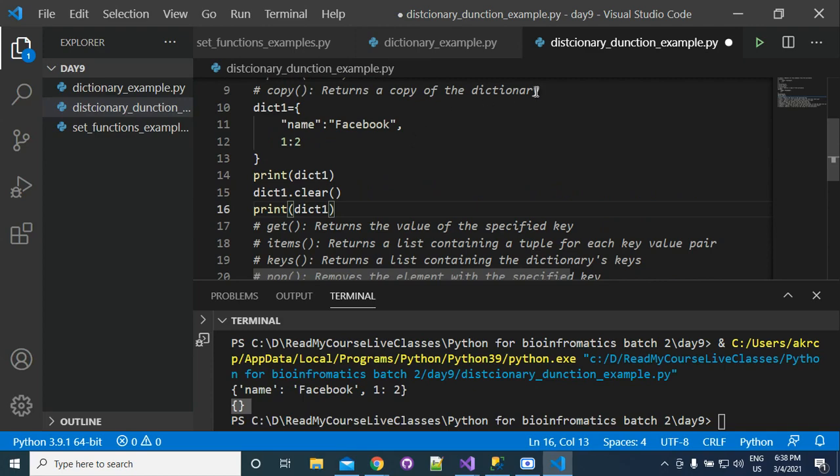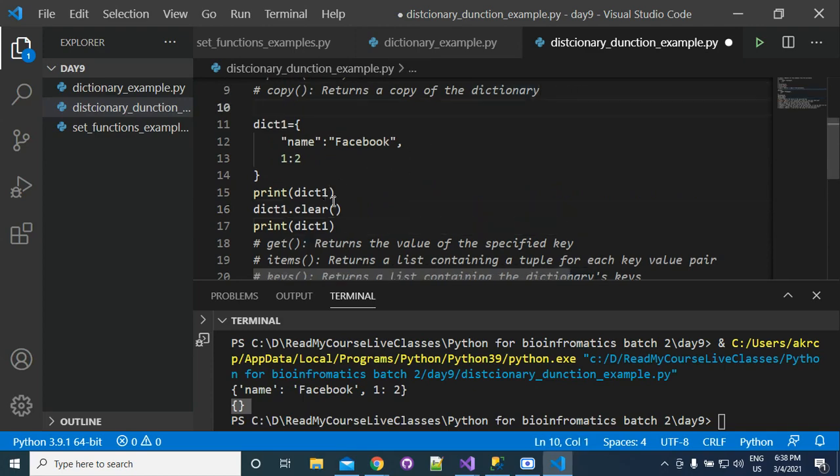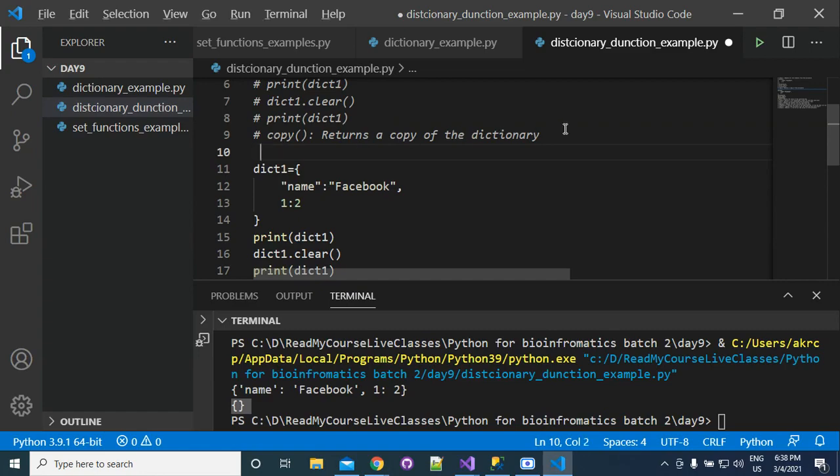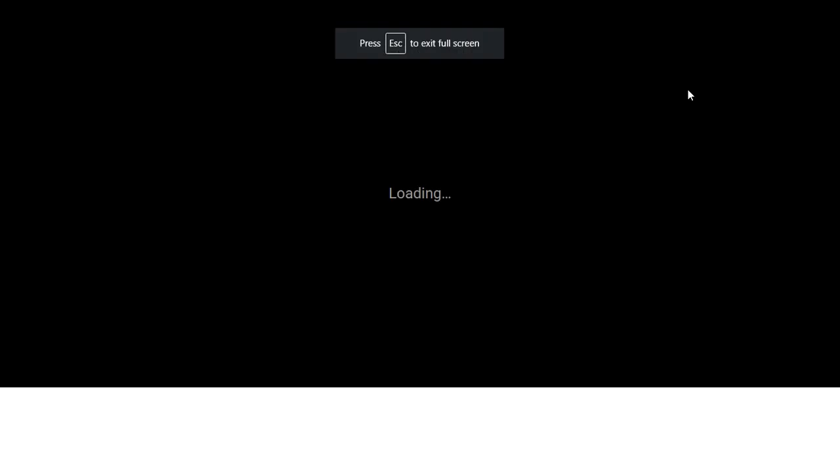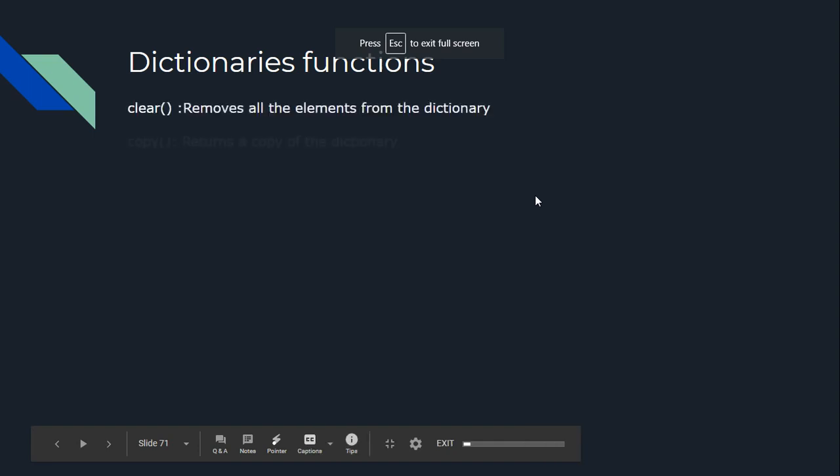Suppose that now we have the same dictionary, and we want to perform the copy function. The copy function returns a copy of the dictionary. So what is the application of this copy function?